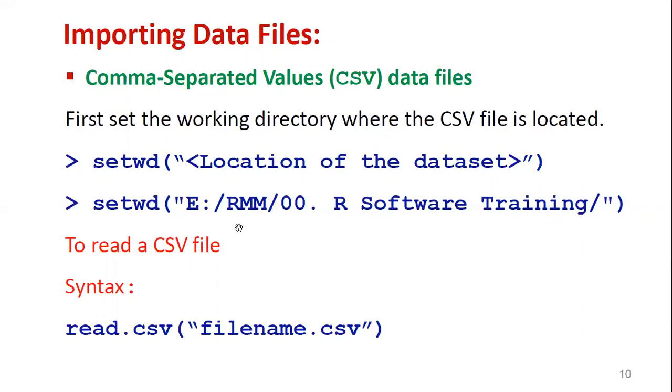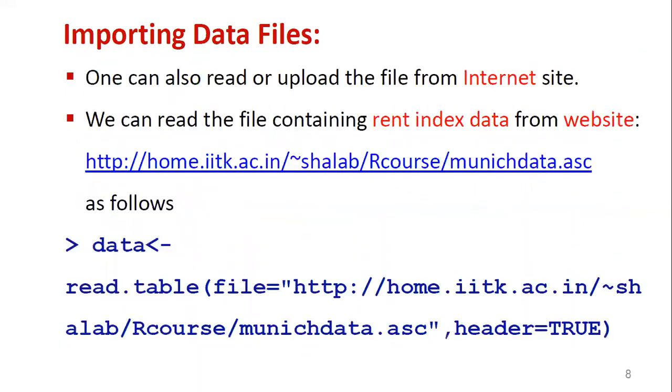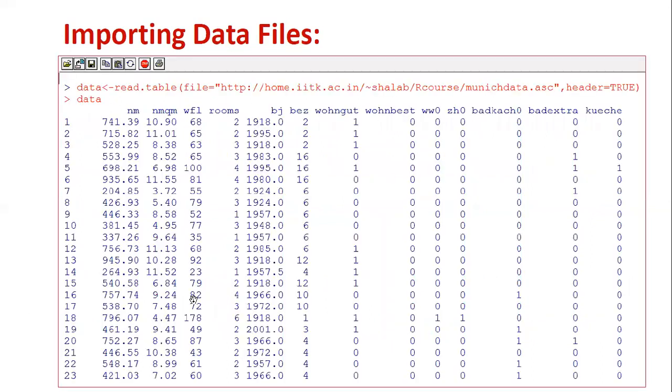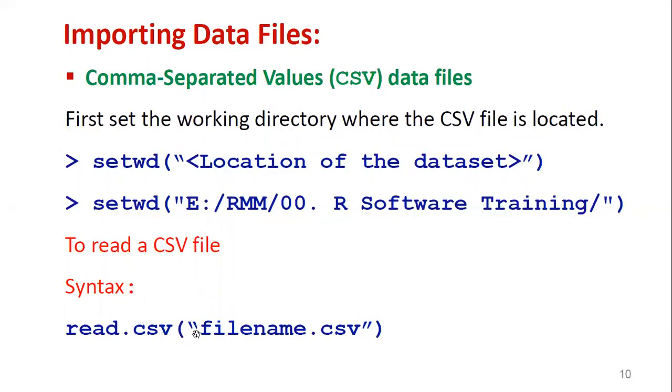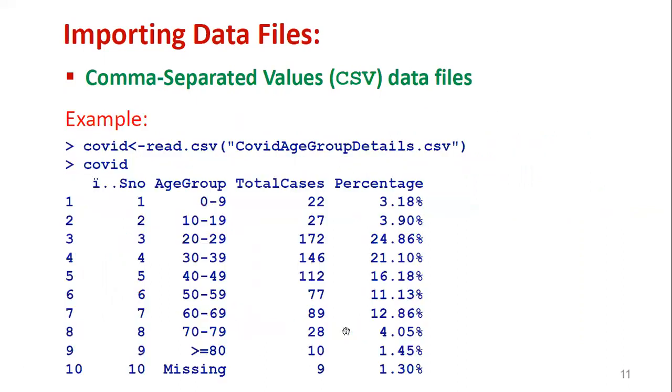Then to read that CSV file, the command is read.csv, specifically we have to use. Then within brackets, file name.csv. Whereas other than CSV, it may be a table or any format, you can use read.table. Earlier, see what we used. You can say read.table. Now you have to use read.csv within double quotes. That file name with extension is compulsory. That we have to give.